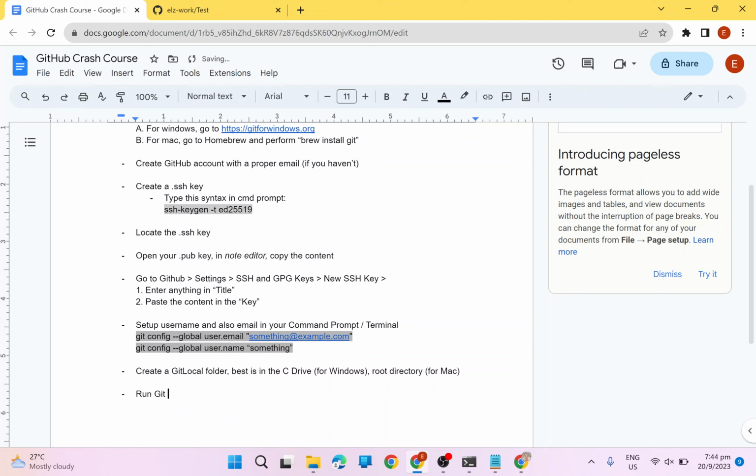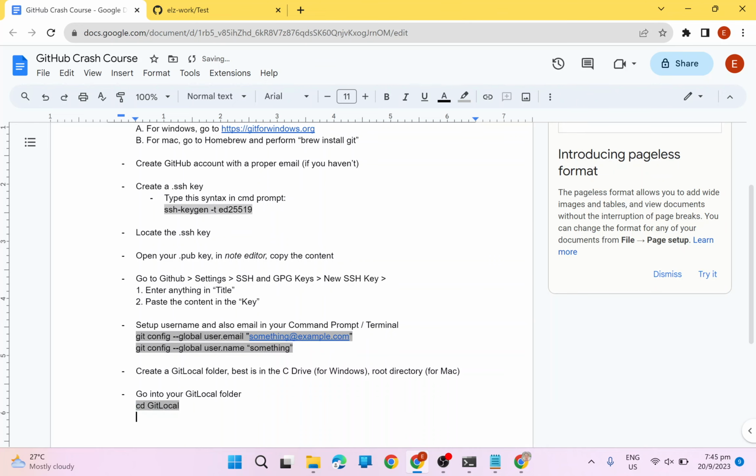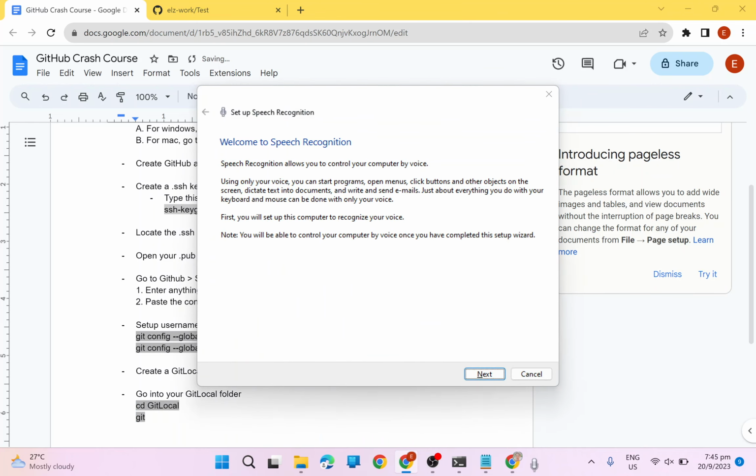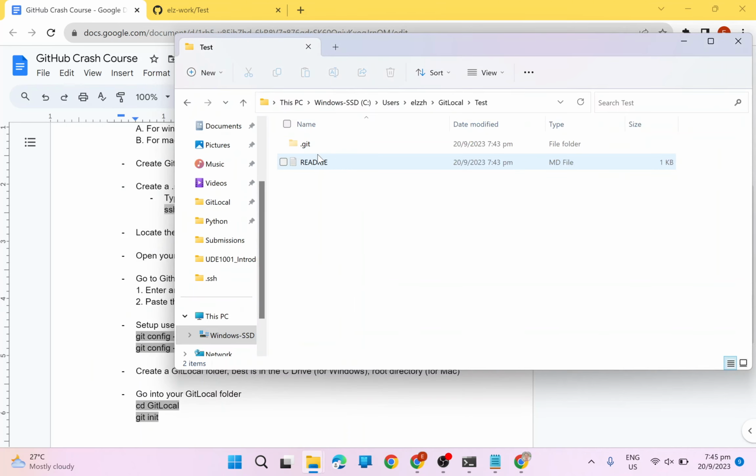Run git init. Sorry, I didn't run that. Okay, one by one. CD, go into your git local folder. CD git local. And then you do git init. All right, and once it's initialized,